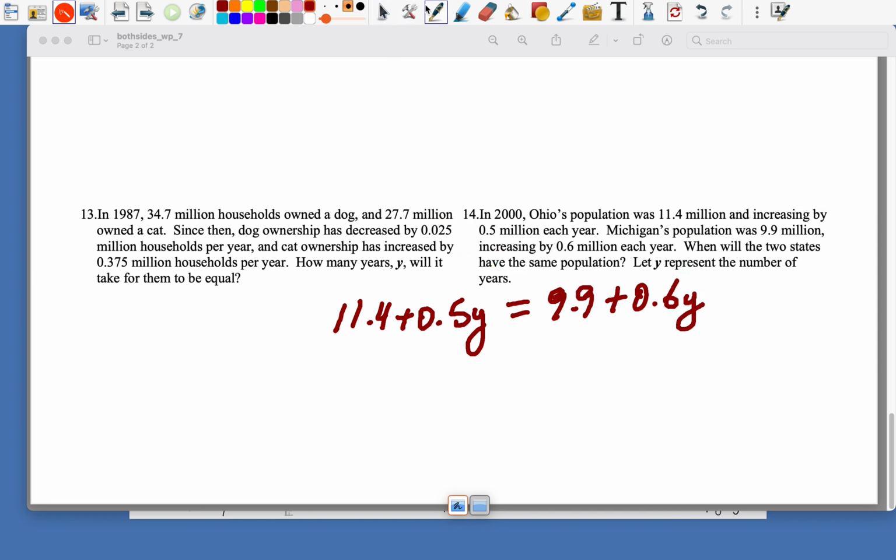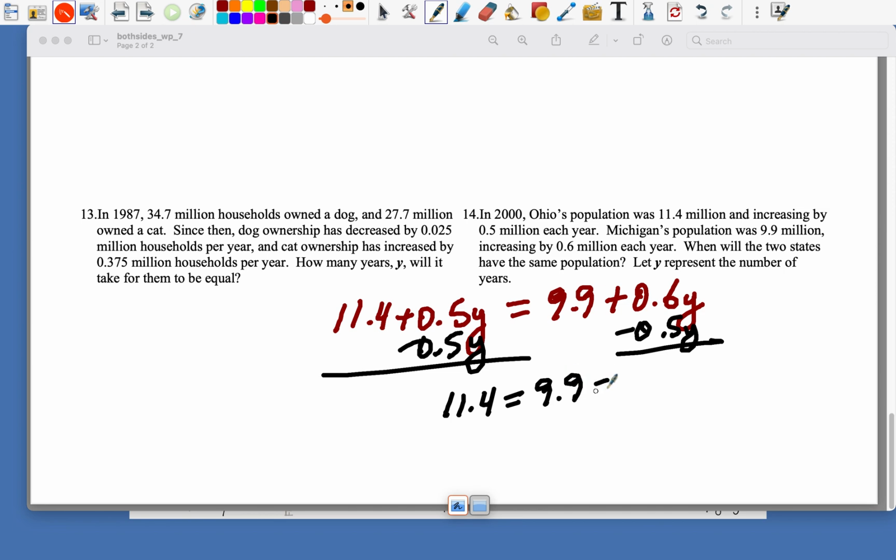When will both states have the same number of people? We go minus 0.5y, minus 0.5y. We get 11.4 equals 9.9 plus 0.1y. And then subtract